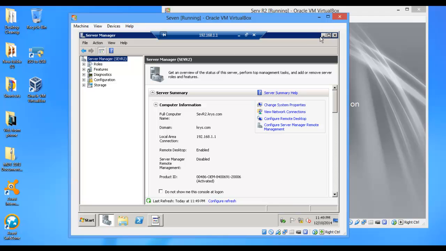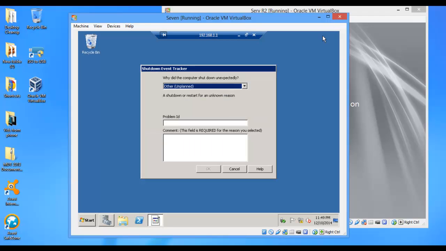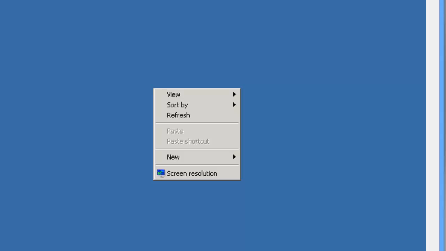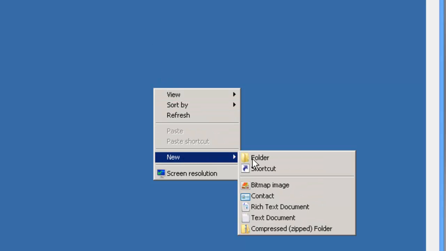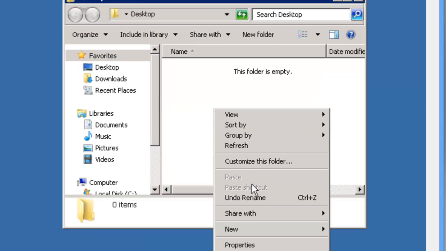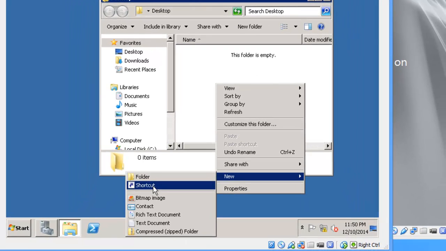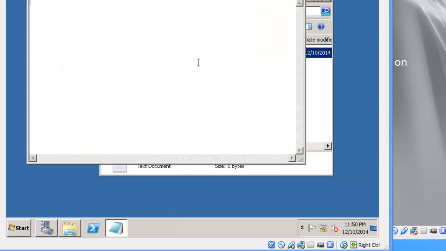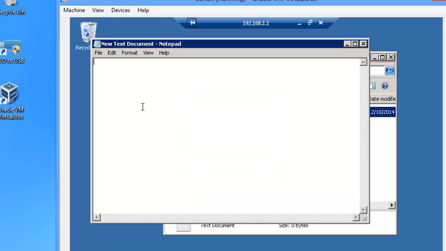And now what I'm going to do, let's minimize this, cancel that. From my Windows 7 machine, I can now create a folder here on the desktop, and I'll call it desktop. Alright, and I'll go inside there and I can create a new file. We'll create a new text document. Leave it as new text document, and we can type inside here